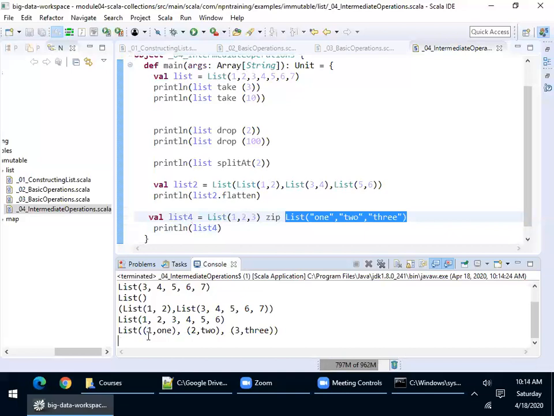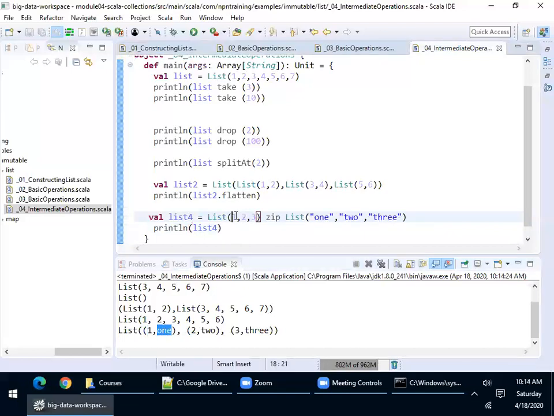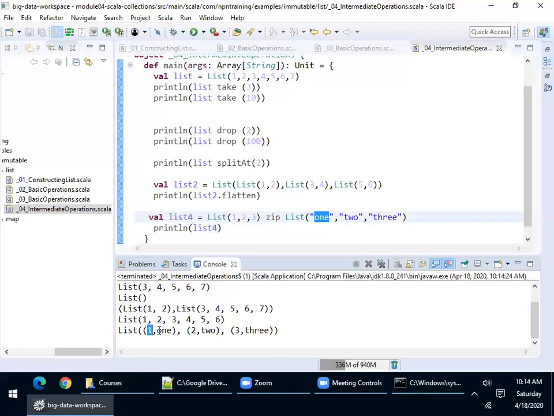Tuple, as I told you, is a container which holds values in the form of a key and value pair. From the first list it took the element as a key, and from the second list it took the first element as a value. Can you see this? This is a key and this is a value.